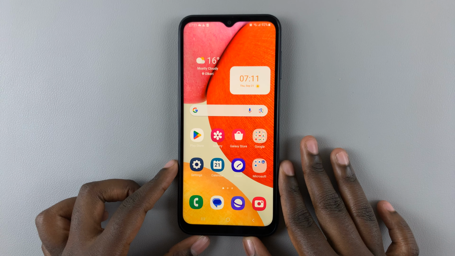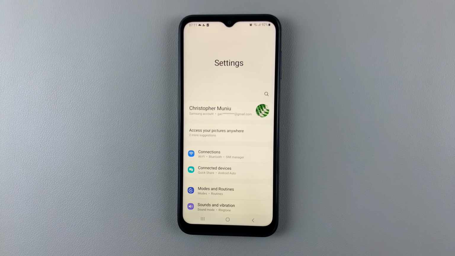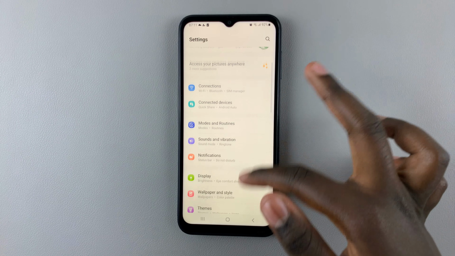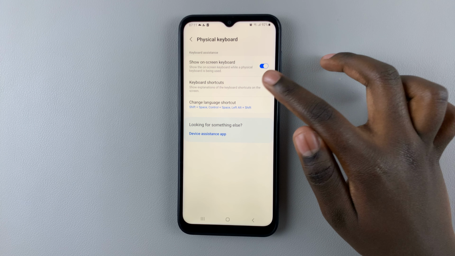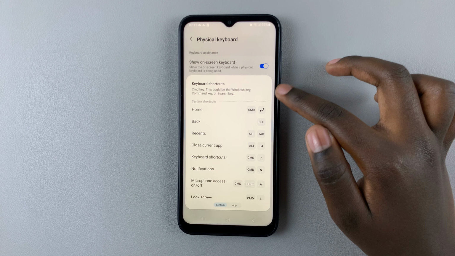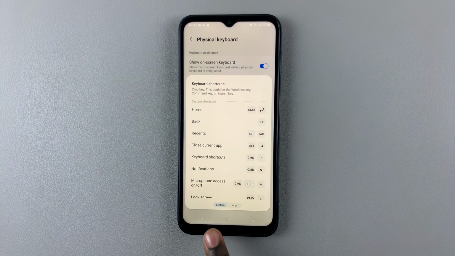To change that and to understand your keyboard shortcuts, go to Settings, and under Settings, scroll down until you find General Management. Tap on that. Look for the option Physical Keyboard, and here you should see Keyboard Shortcuts. Tap on that. A list of shortcuts will appear on your screen. You'll have shortcuts for the system, and if you use this tab at the bottom, you can also have shortcuts